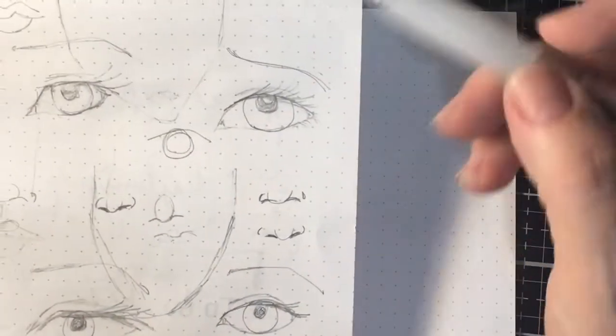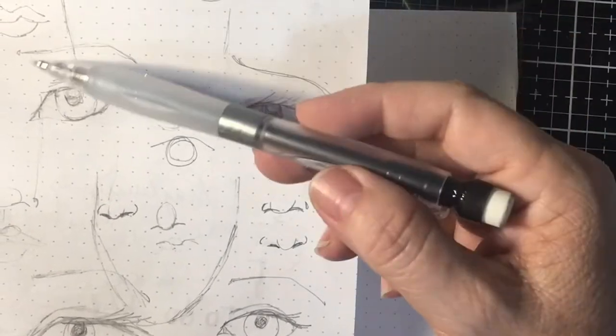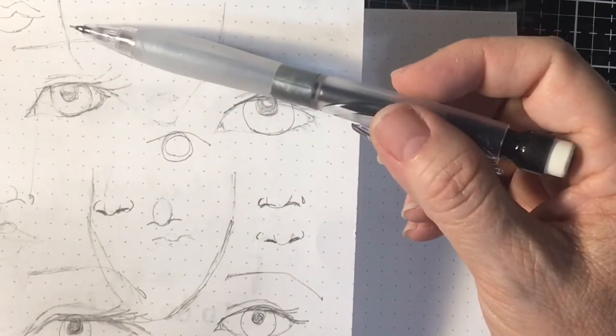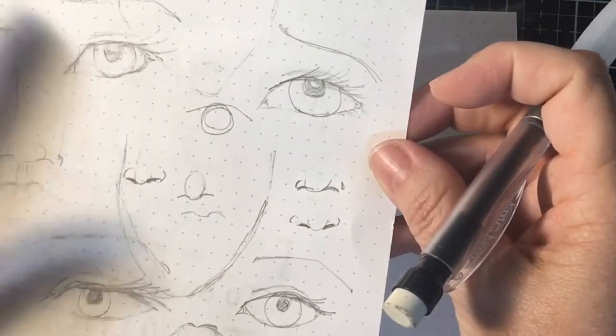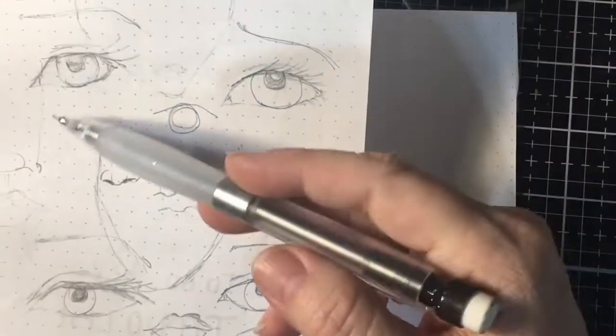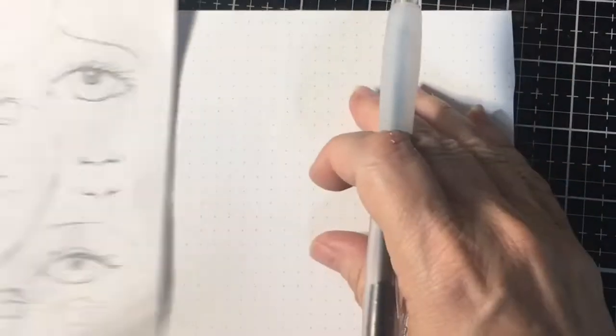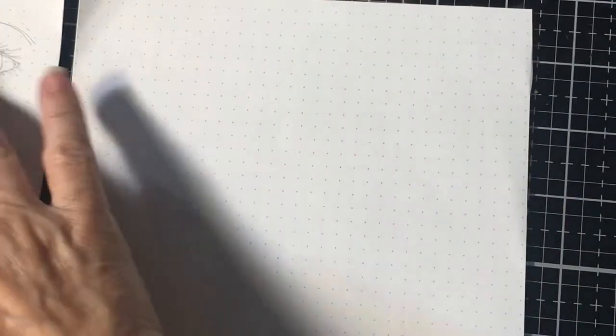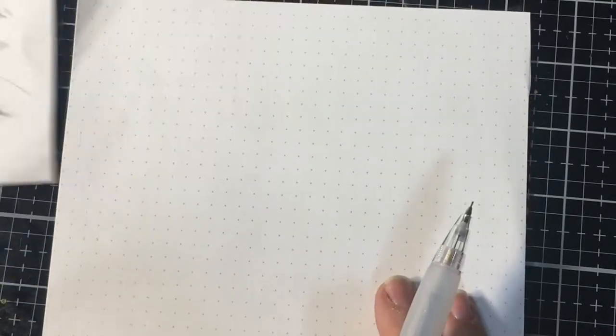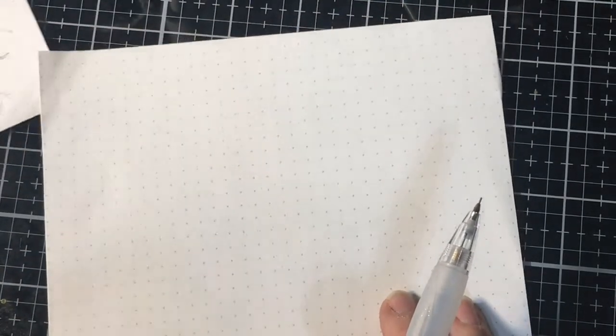I love to have a page done a day for my journals so that I can move on to the next page, and spending too much time is going to slow me down. So I quickly just put something together just to move forward, and then I'll show a video of me adding a face to my journal and how I complete that page with a face. So starting with the eyes,